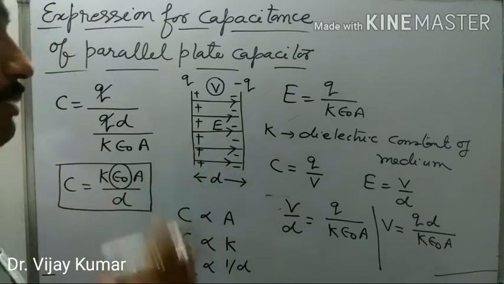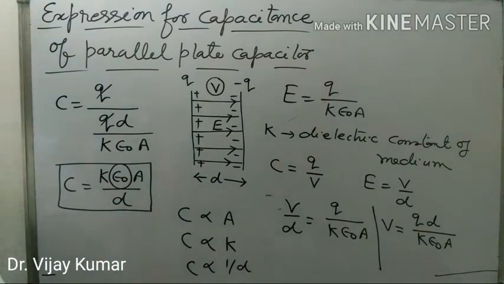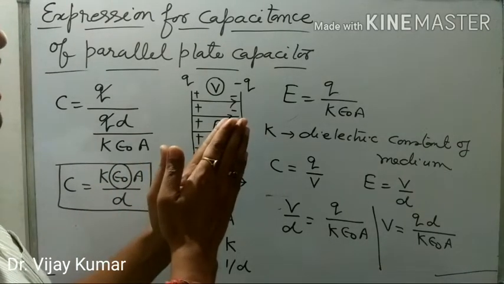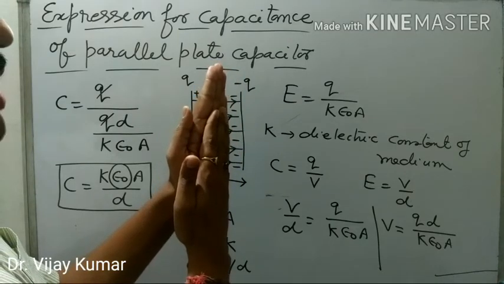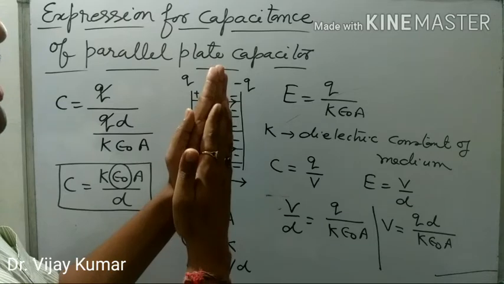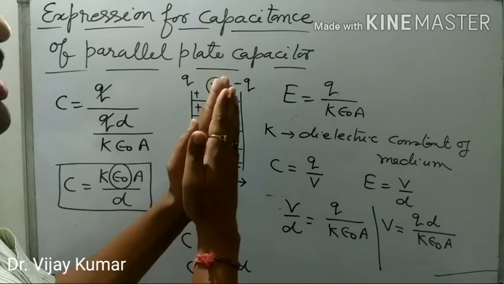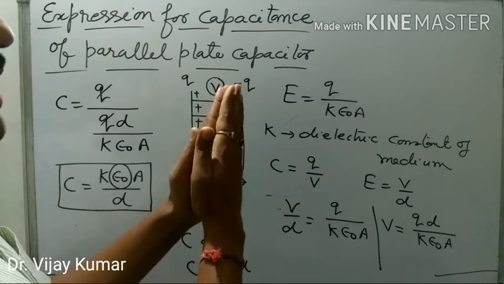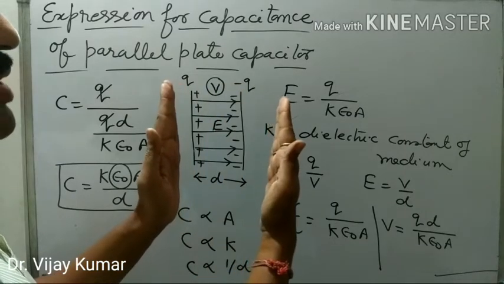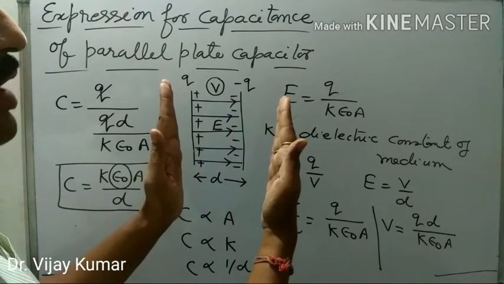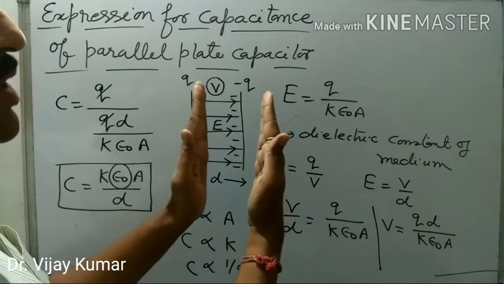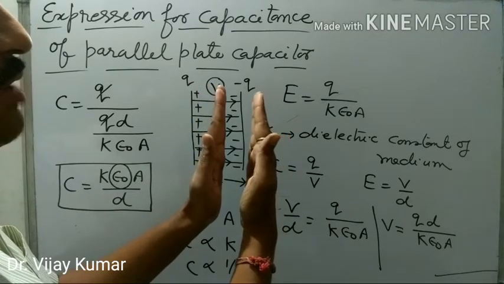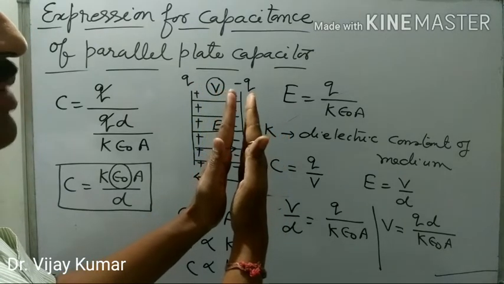And if the overlapped area is decreased, overlapped area meaning suppose this is area A, and this overlapped area is decreased, then the capacity is decreased. As we increase the overlapped area, the capacity continuously increases. And similarly, suppose these are two plates. This is the separation d between the opposite plates, and now we decrease the separation between these two plates. C will be increased as d is decreased.